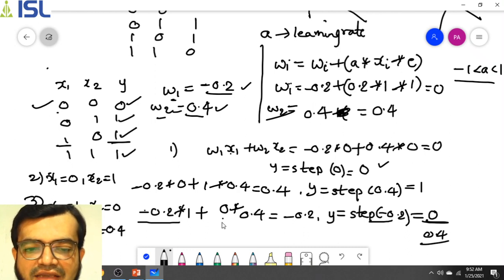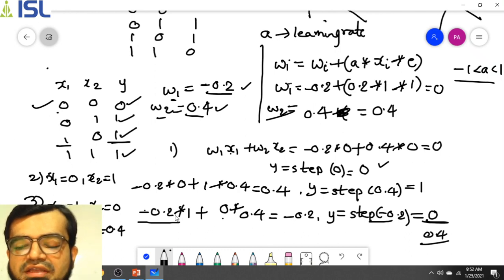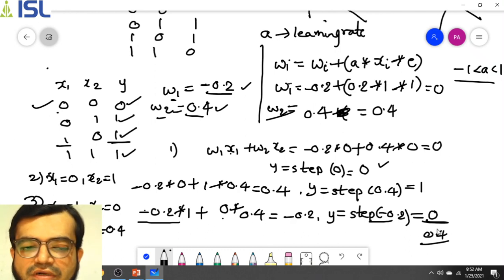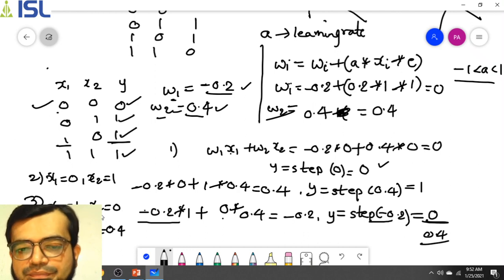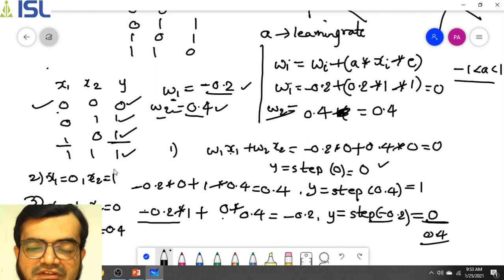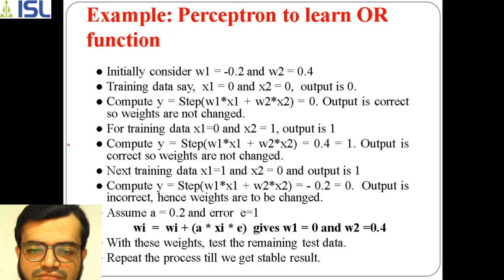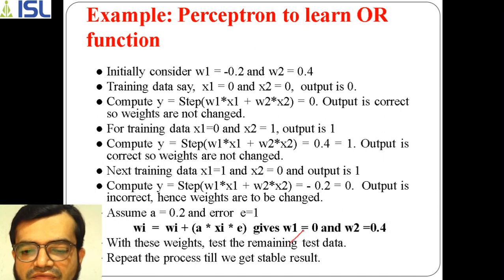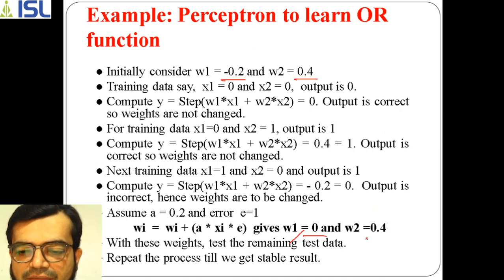Now if you take this value here, we need to check whether you are getting the output or not. Again we need to perform recursively, and we have to check step by step. So this is how the learning algorithm works here. With the same thing which I showed you just now, you are getting W1 as 0, instead of minus 0.2 earlier, but now it has been updated to 0. And W2, where the problem did not come, we haven't updated.